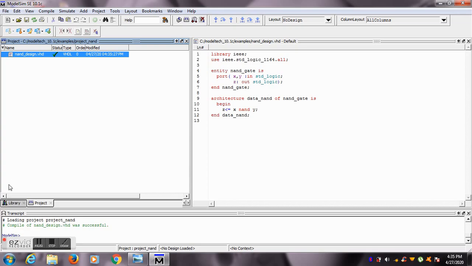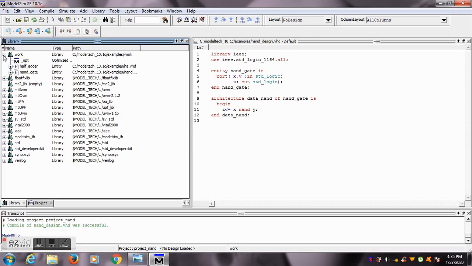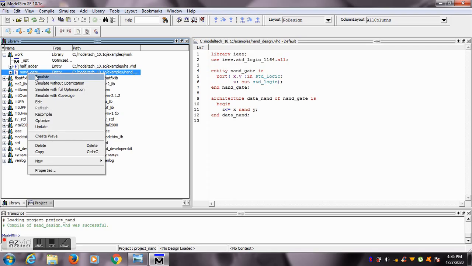Now to simulate our design, go to library, then click on work. Now under this work library, you will find all the designs you have created. Now select your design, which is NAND_gate, right click on it and click on simulate.